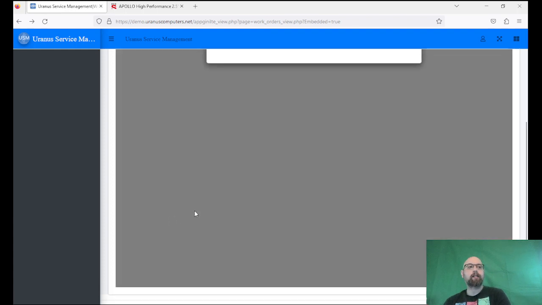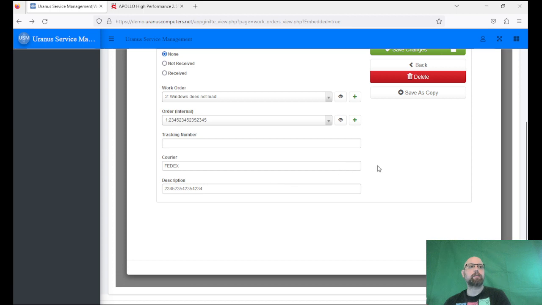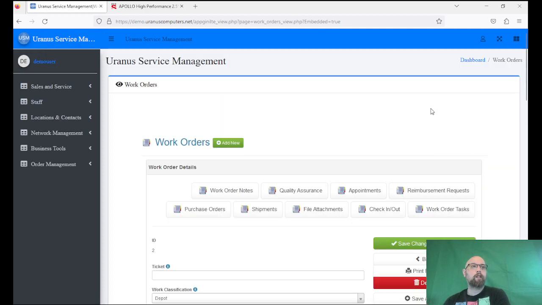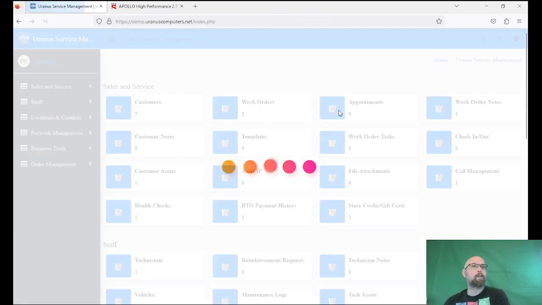Obviously, then if you receive said shipment, so this is the other part that's really important to talk about. You get a package, you get a box, you don't know what's in it, you don't know anything about it. And if you've logged it in Uranus, you can actually do a search. I'll show you the search. So you can do a search. So we have from the home page,